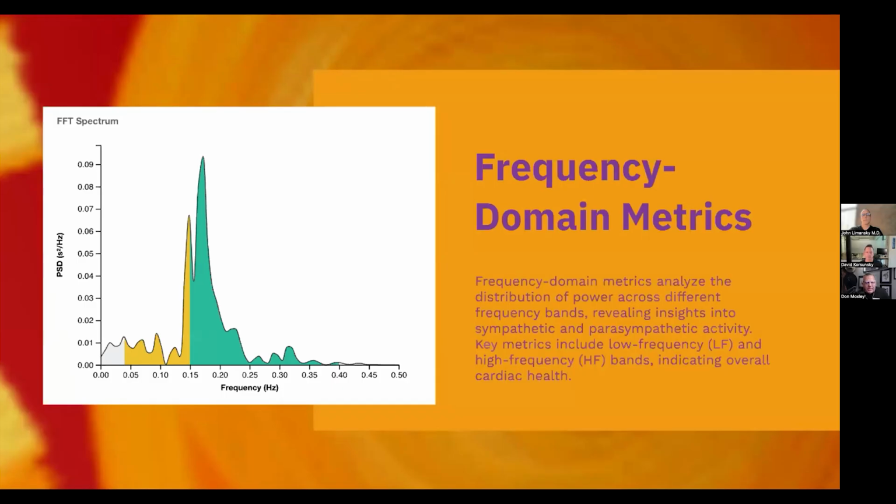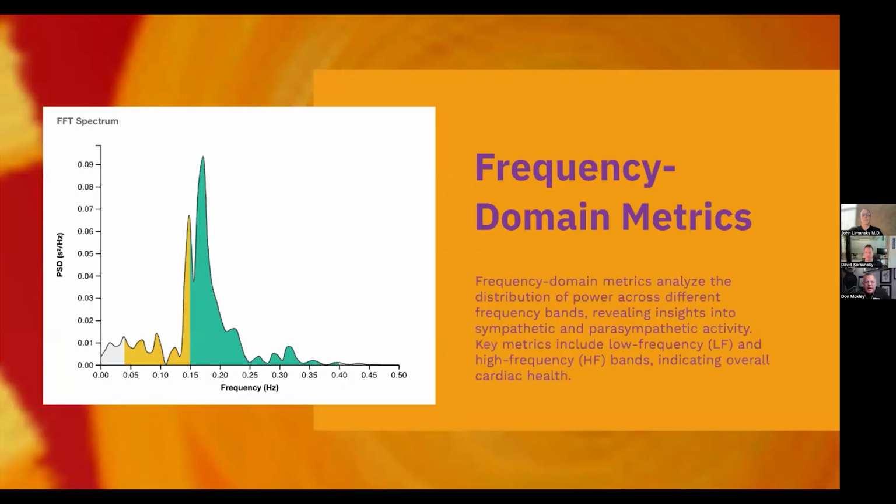High frequency is typically associated with parasympathetic or vagal activity, and has wonderful respiratory influences on heart rate. There's what's called VLF, very low frequency. But looking at what we call autonomic balance, this is one of my favorite tools. LF/HF, looking at that balance between sympathetic and